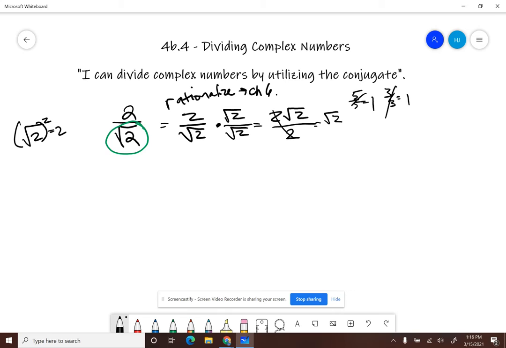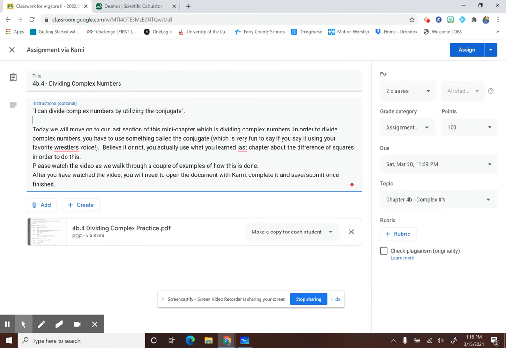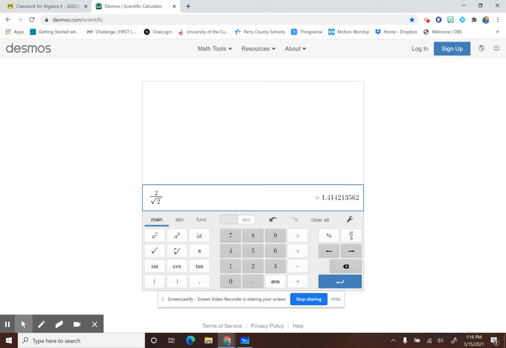So you're telling me, Mr. Hamilton, that 2 over radical 2 is the same thing as just plain old radical 2. Well, I want to prove it to you. So now let's go to Desmos here real quick, and notice I've already got it pulled up. 2 divided by radical 2 is